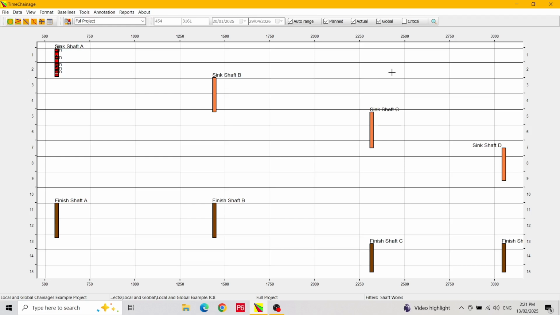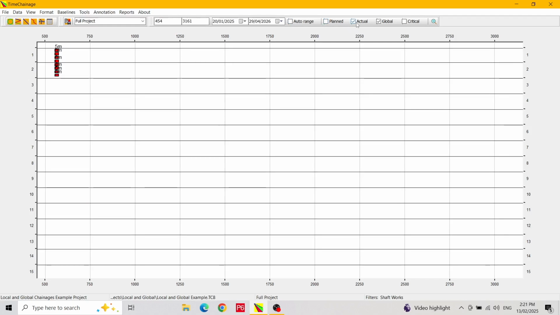One final thing is that you can always use the chart quick filters in the toolbar for planned, actual and critical tasks in conjunction with the 4 filters. You can also select the critical path filter from within the filter dialog. The final places in TimeChainage where you will find filters are in the built-in reports, so let's take a quick